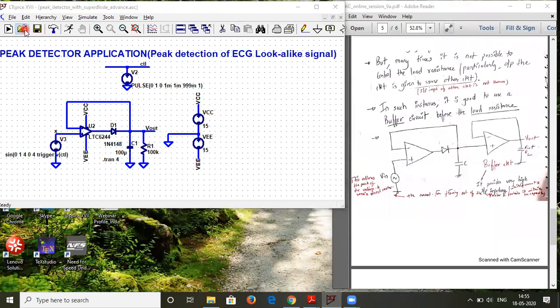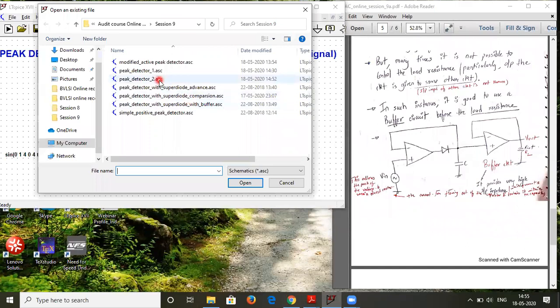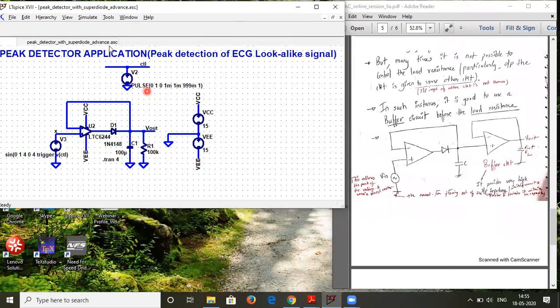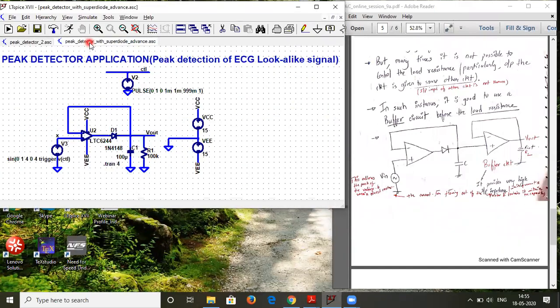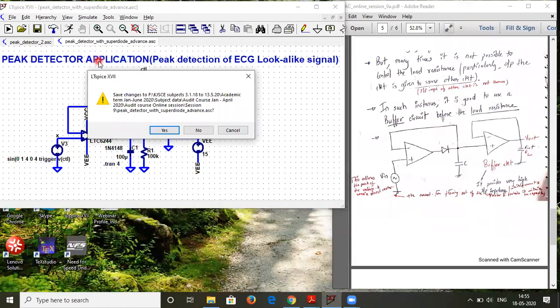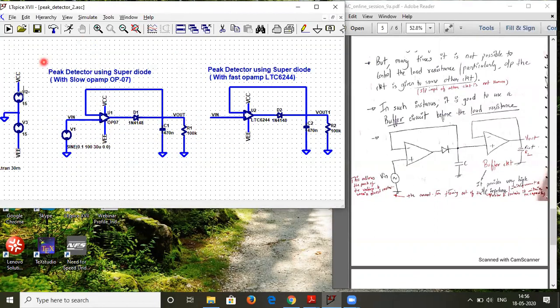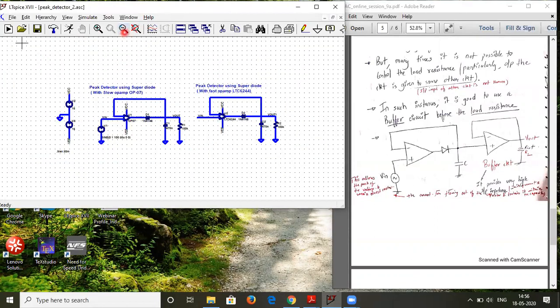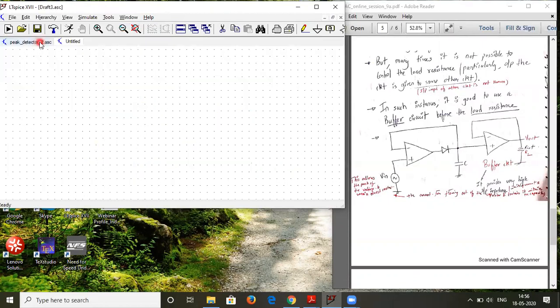I'll open the circuit peak detector 2 because it's a modification only, so I can copy much of it as it is. I'll copy this from here and paste it in a new schematic like this.